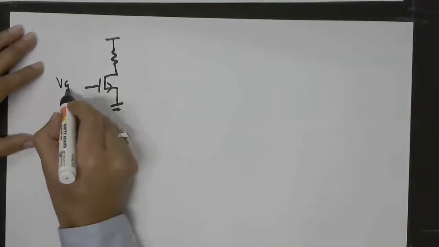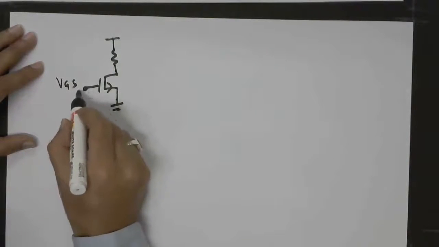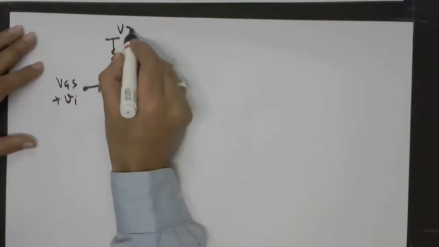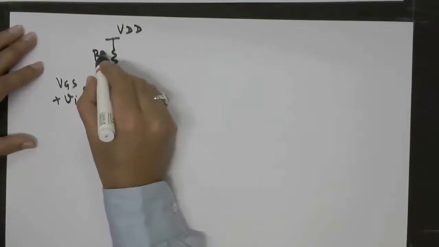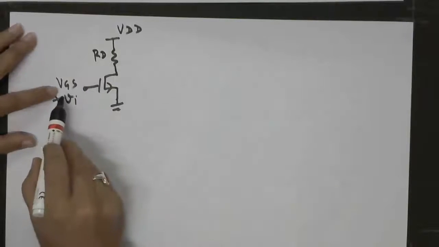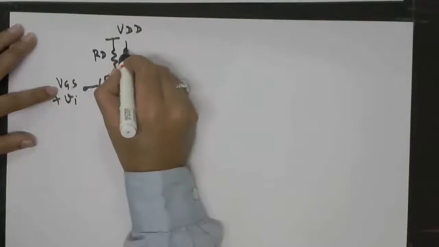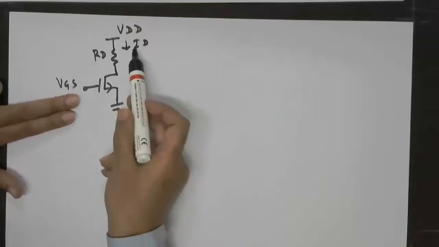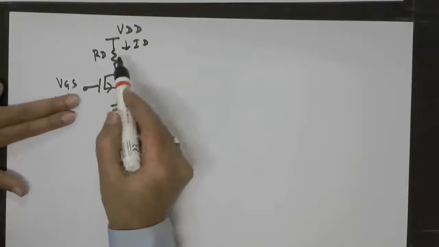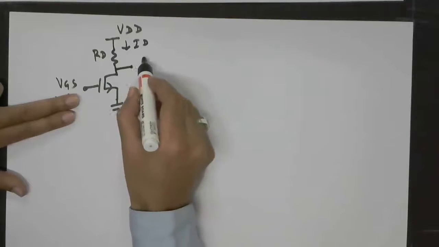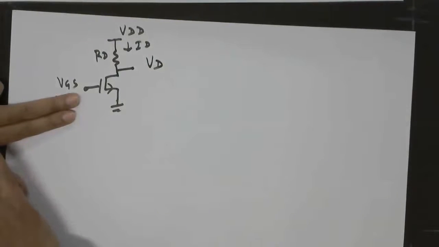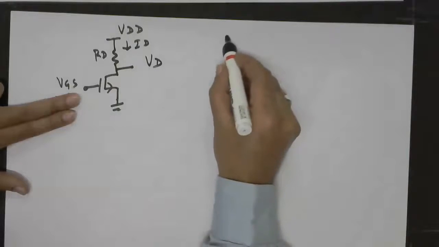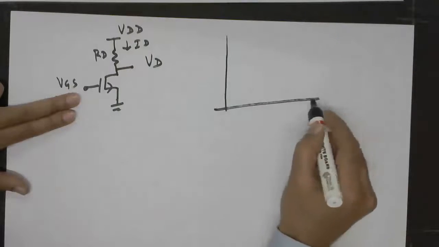So we now explicitly show the DC part also at the gate, and the AC part, time varying. This DC part will lead to a DC current ID, and so when this input is not there, we have this DC current flowing through this circuit that will lead to DC voltage VD at the drain, right? So now if you see all these voltages,